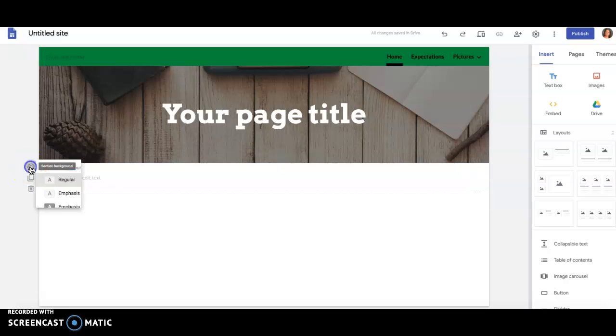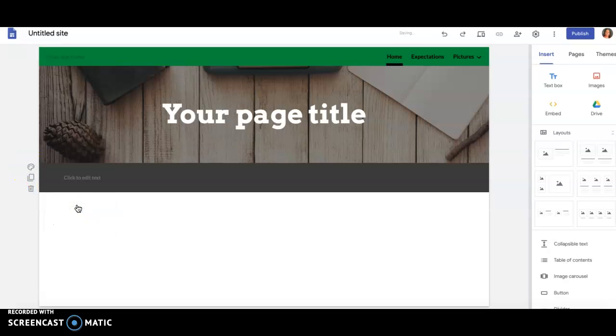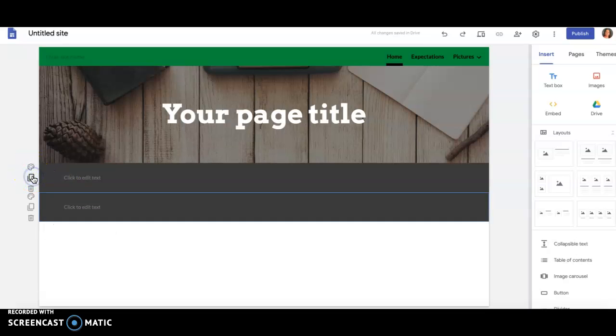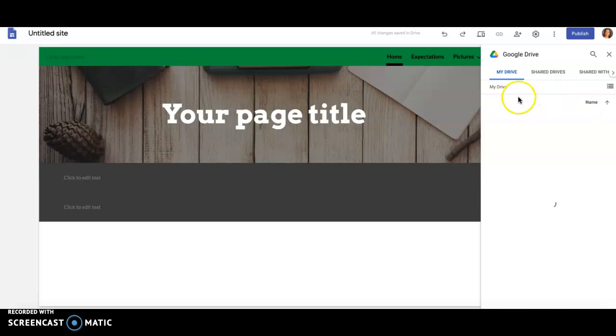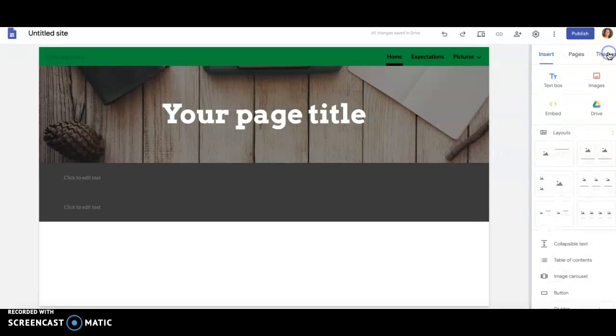And then on the left-hand side, I can actually change the color. I can duplicate that same thing, or I can get rid of it. So once I insert a text box with whatever I want, I could also insert an image. I could upload one, select one from pre-recorded images. I could add something from my drive. I could just search directly from that, which is really cool, or I can embed a link or a code